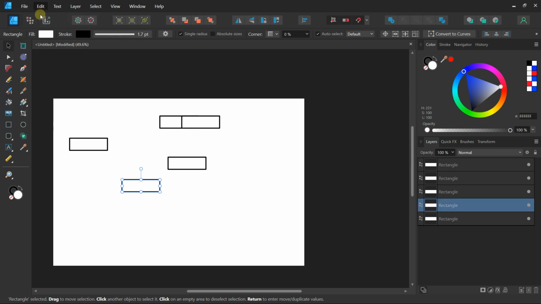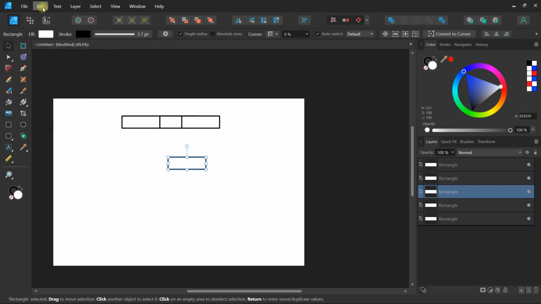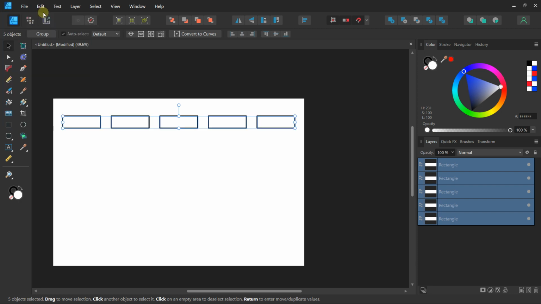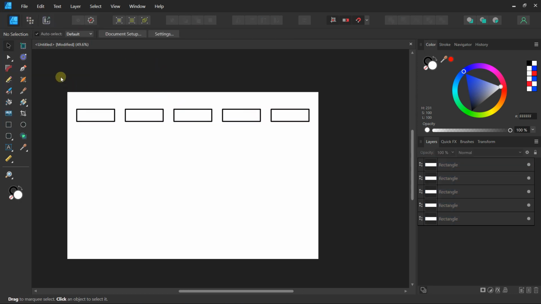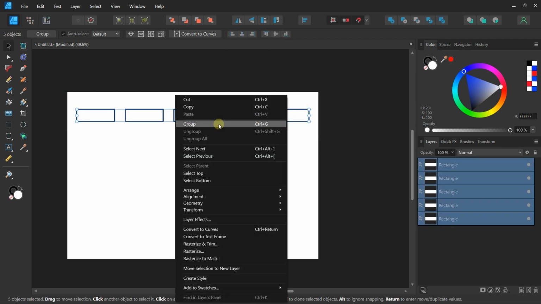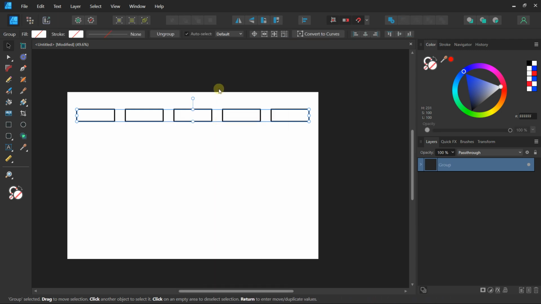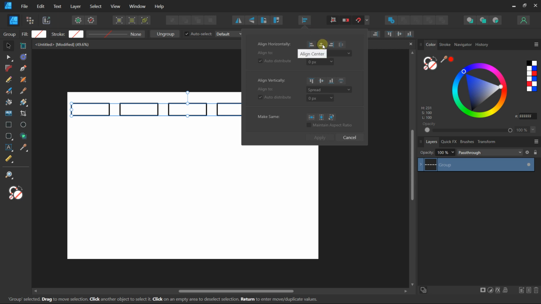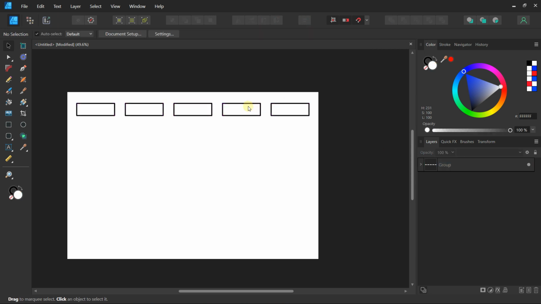So I'm going to come back to the step where I had the right alignment and distribution. So let's just come back a little bit. Yes, just like this. So now I will create a group. I will select all these elements, right click, create a group, or you can also use Ctrl G. And now it's different, because I can use my alignment panel, align center, and it's good because I center the group and I don't center all the rectangles of my selection. I just center the group. So this is why it was working.